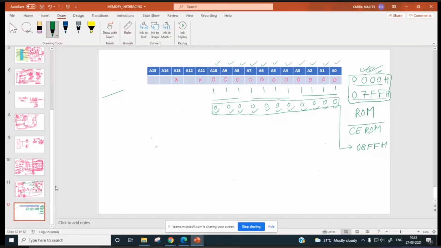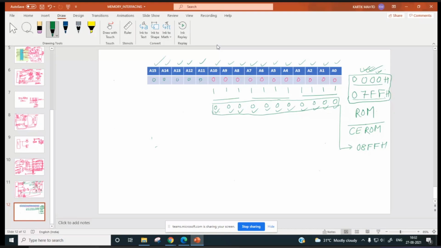That our unused address pins A11, A12, A13, A14, A15 have to be properly decoded so that 0000H to 07FFH data will always be read from the ROM chip only. So let us put these as 00000.